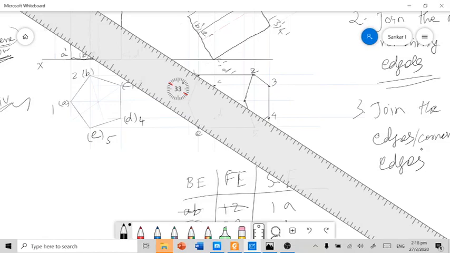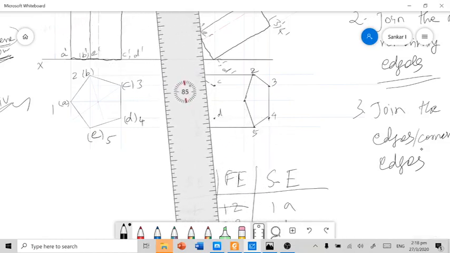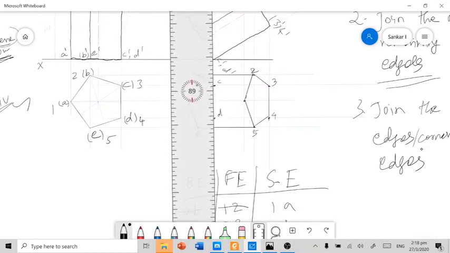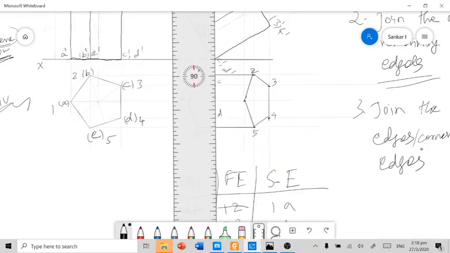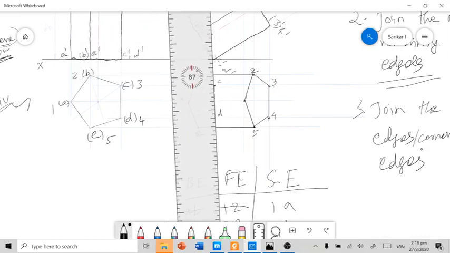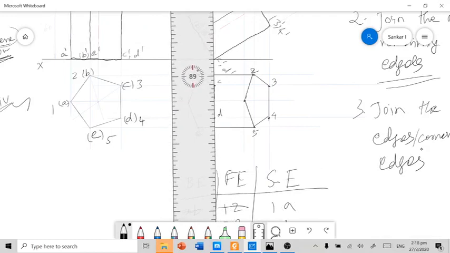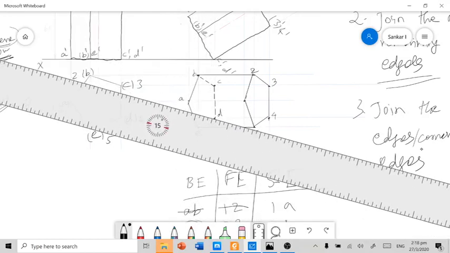In our context, we draw the invisible edge with a dashed line. I have already connected all the visible edges with a continuous thin line, but here I am connecting the invisible edges with dashed lines. If any edge is drawn with a dashed line, we are highlighting that edge as invisible.